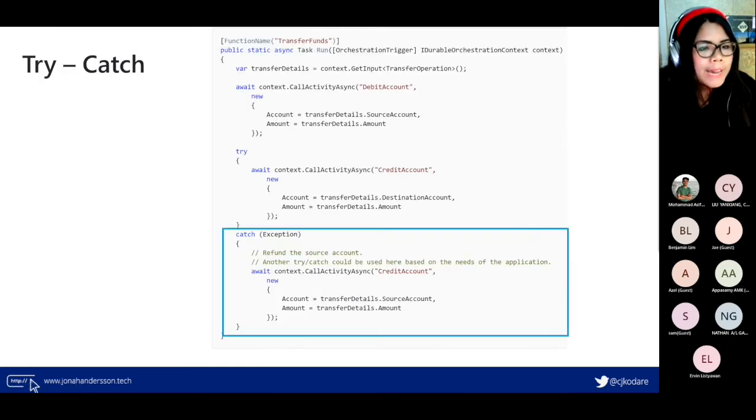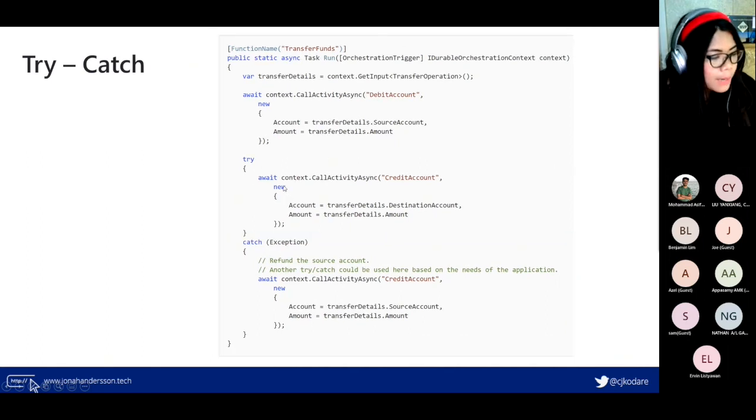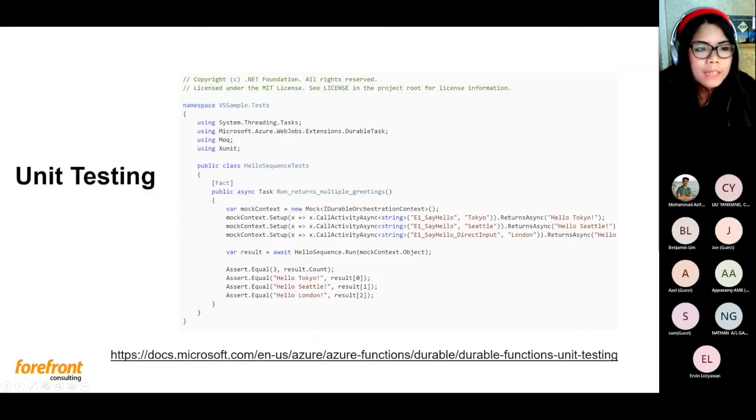And then here we have another example, not using retry, but in a try-catch block, using CallActivityAsync, and you catch the failure by calling another activity. So that's another example.